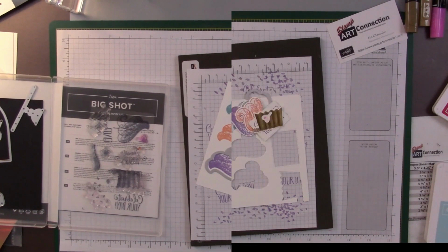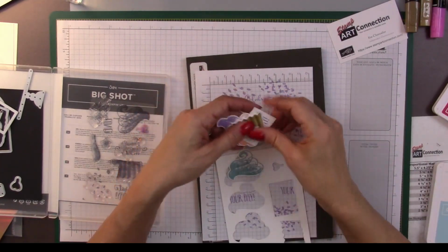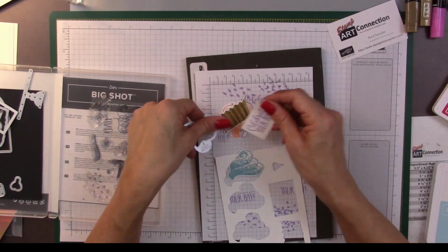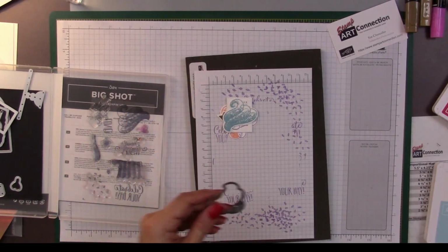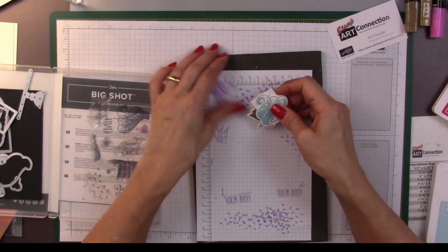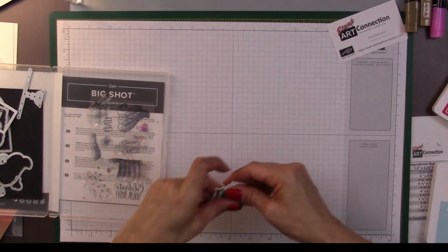I'll be right back. Okay, so 3 passes with my Big Shot, and I cut 1, 2, 3, 4, 5, 6 pieces out because I had them all organized on my little sheet. So we're going to put that there. Put my framelits aside, and we're going to go ahead and move this aside and bring in